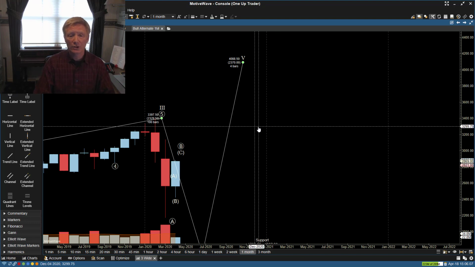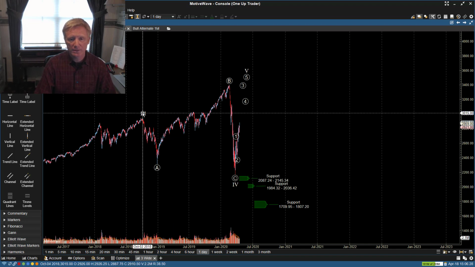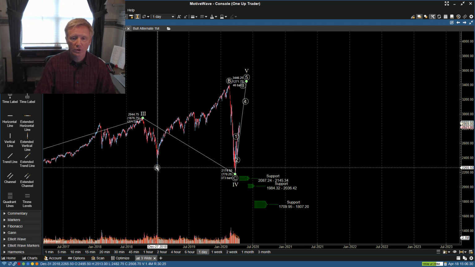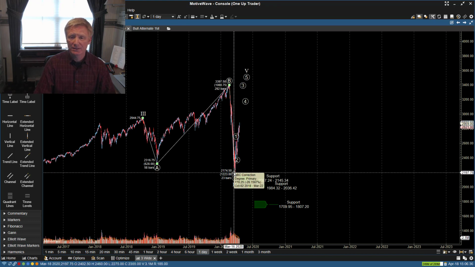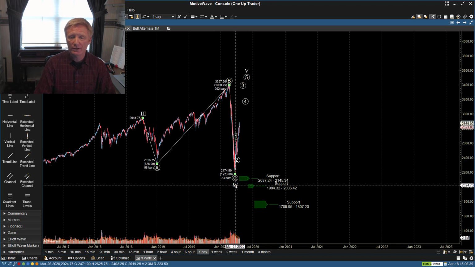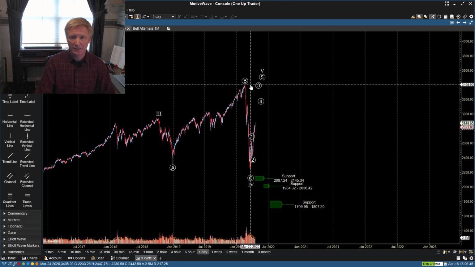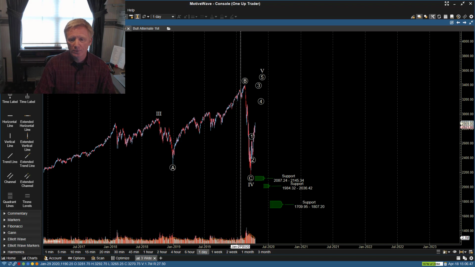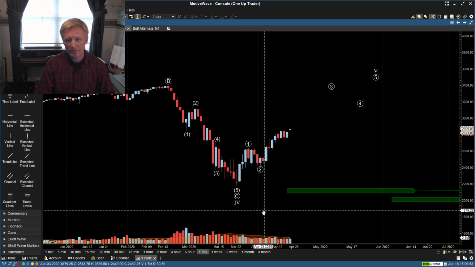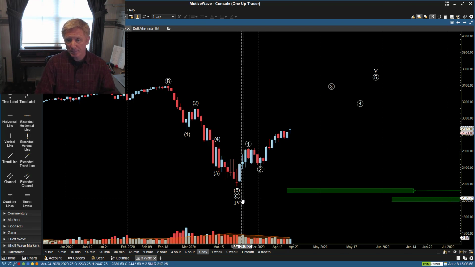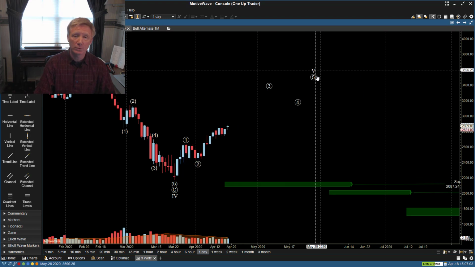So here is an alternate count. This is the main alternate count here, and that's where this is wave 3. Wave 4 is not here. Instead, this is a B, C expanded flat for wave 4 here. The problem with this is that this B wave is very extended. But if this is true, then 5 waves down for this C wave, and this pullback may be over, and we're looking for 5 waves up to break the high,